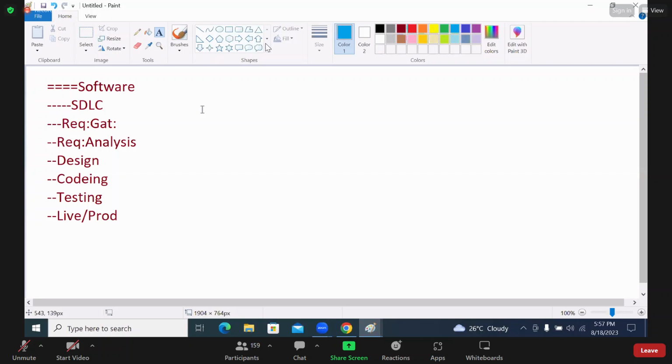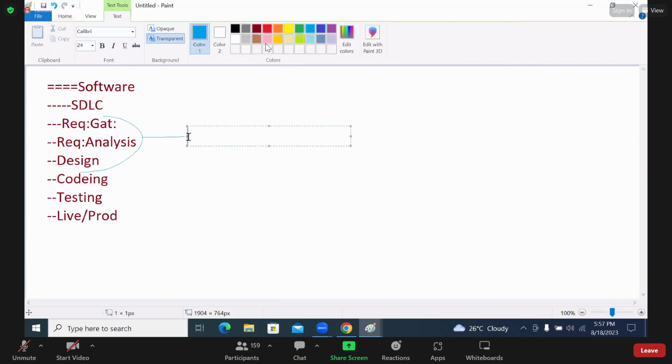That is why we say there are different job roles here. The requirements gathering, requirement analysis, and then design activities are taken care of by